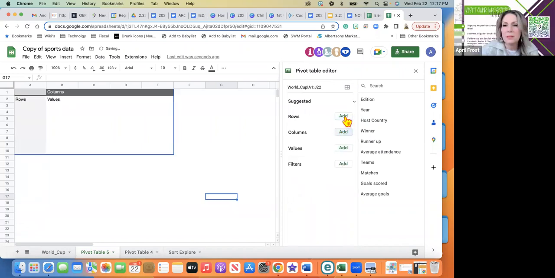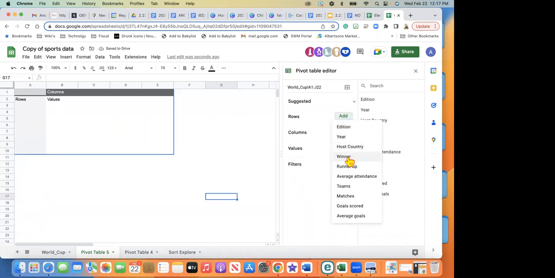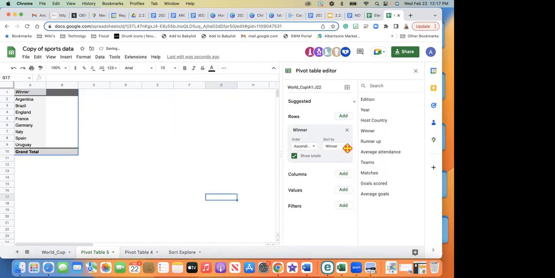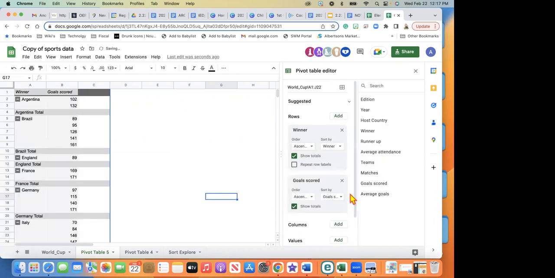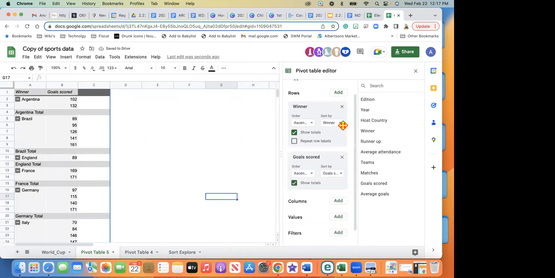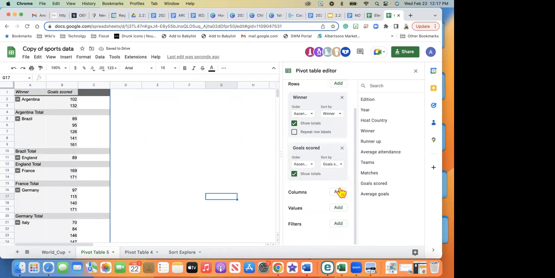Keep everything in the rows. That's what I know. So you want winner, and then you wanted to know what next? Goals scored, and I'm not sure if that would be something done by having maybe a column of the year, or